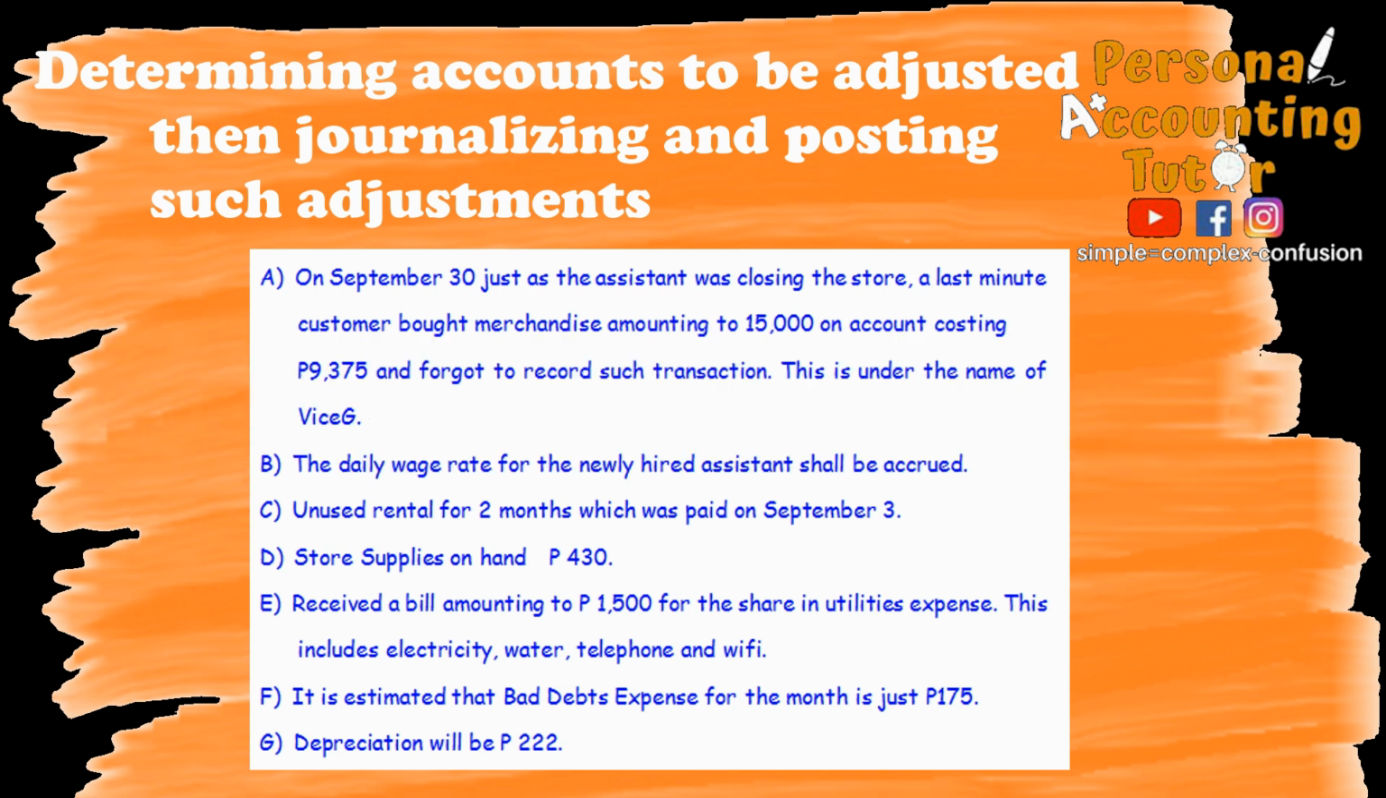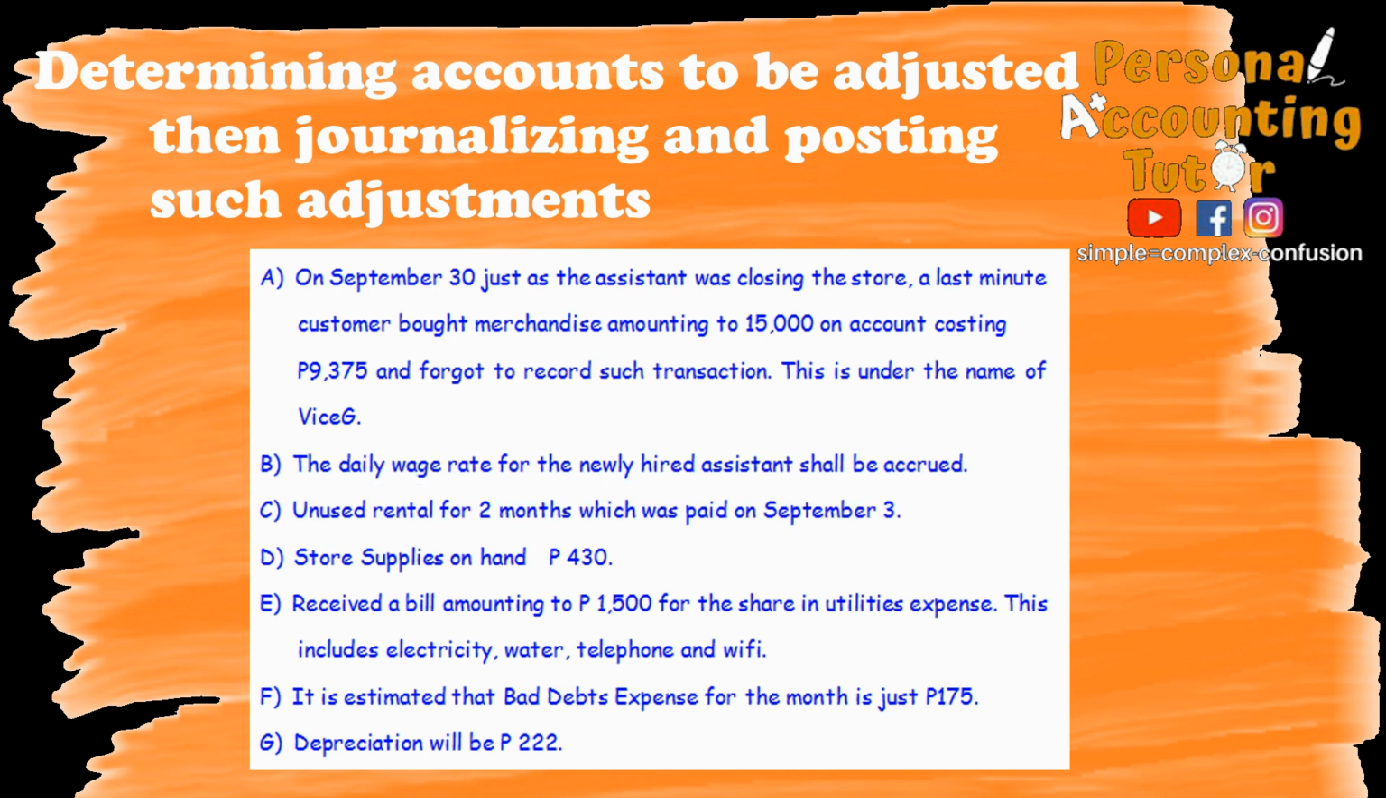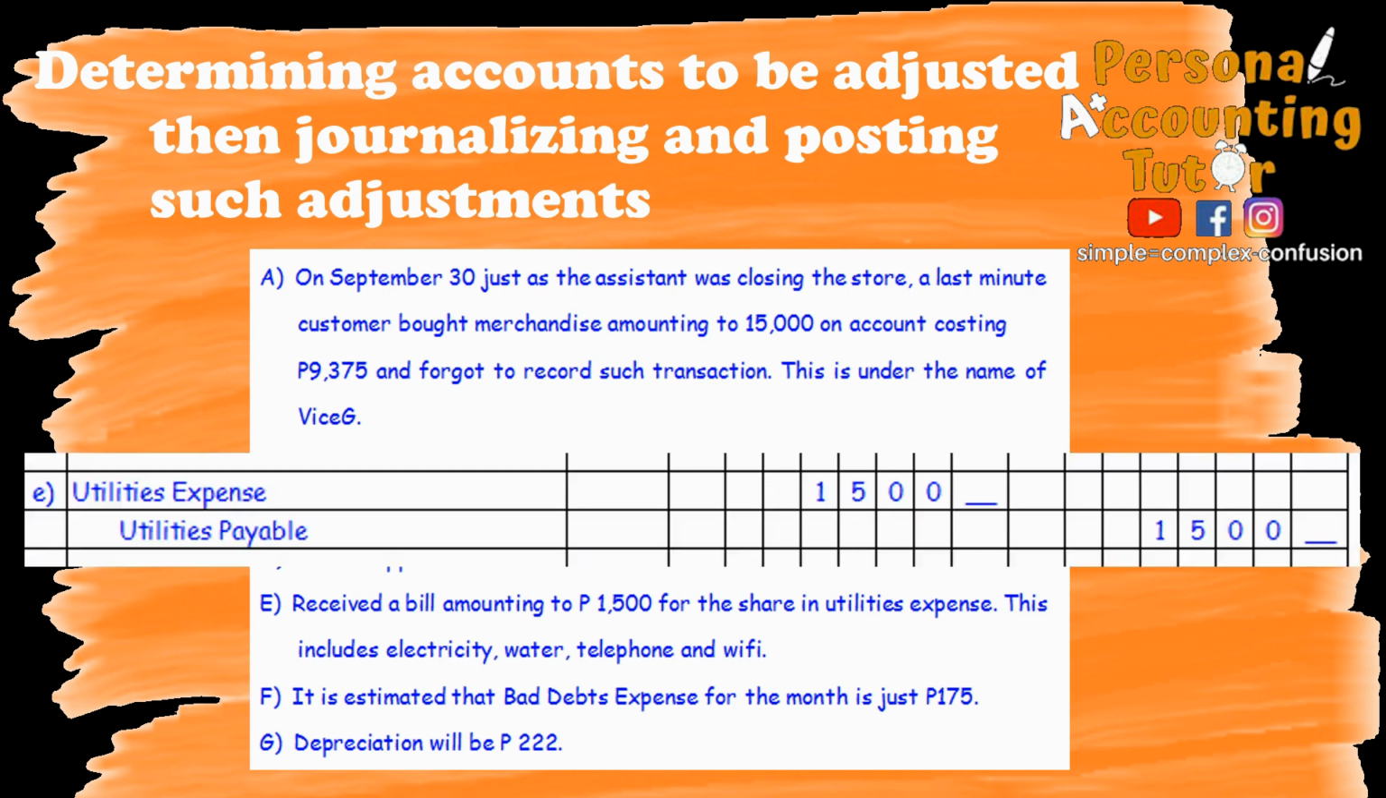For D, this is just the same concept as letter C, but here it is already stated how much is the unused. So automatically, that's the amount we're going to debit as an asset because again, we initially recorded the payment using the expense method. Now, letter E is the case of consumed utilities but not yet paid and recorded. Does it ring a bell? Yes, of course, it's the accrual of expense again. So the adjusting entry will be